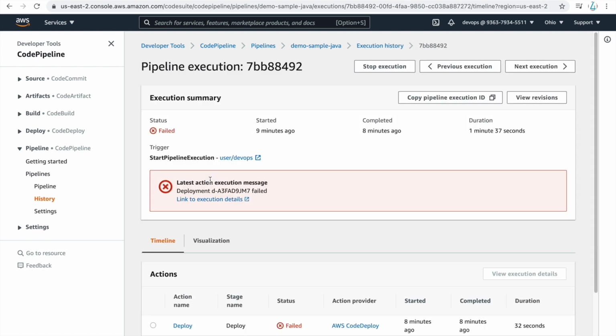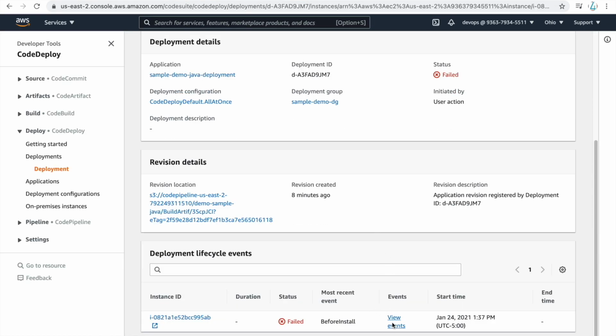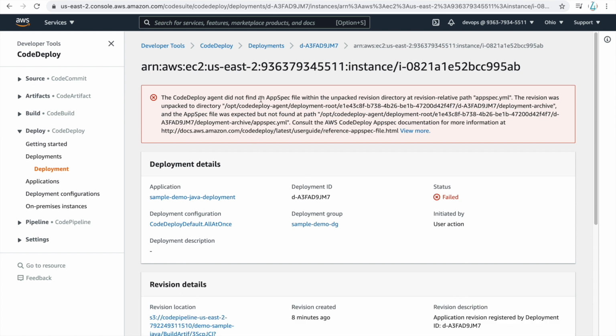But the error that was coming is a little bit misleading. You'll see this type of error: your CodeDeploy did not find an appspec file and all those things, because you have not selected the source artifact. I just wanted to show you that. And one more thing, this appspec.yaml file should have this name only, with this .yaml extension. So you can see that this works now.